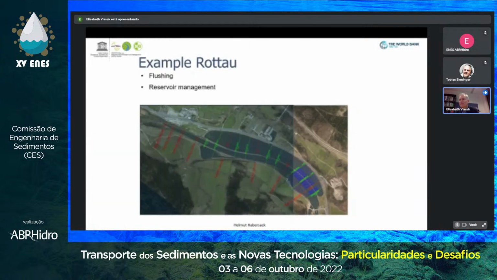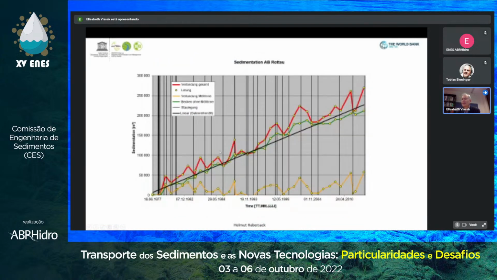Or another last example before I finish, another reservoir, just to show you here. And this is one idea. This is very wide here. This is more for coarse material even. You want to get the coarse material through the reservoir. You never get it through, despite you would have some guiding wall here. It's dividing the reservoir. And then you have some success concerning a comparison of the sedimentation over time.